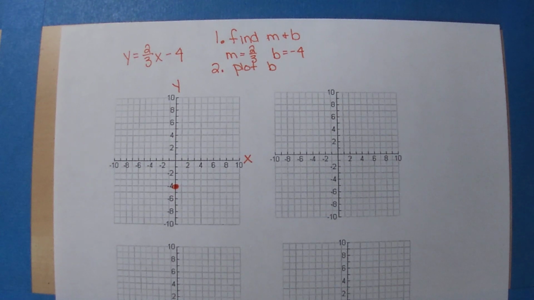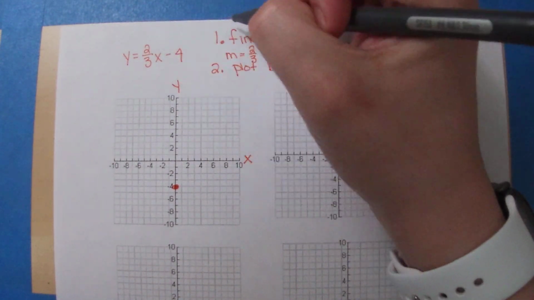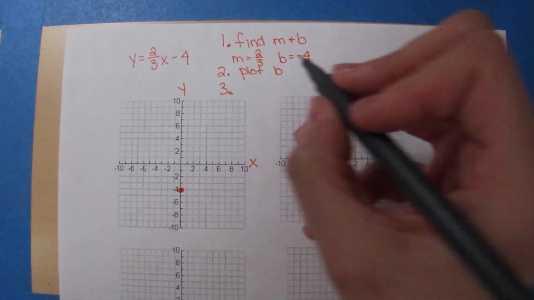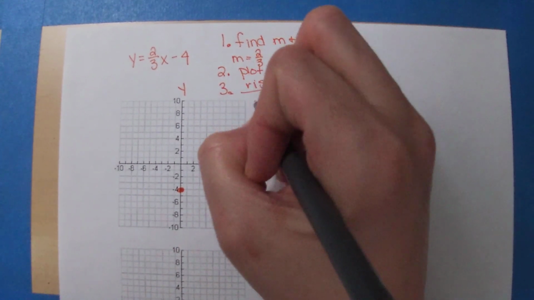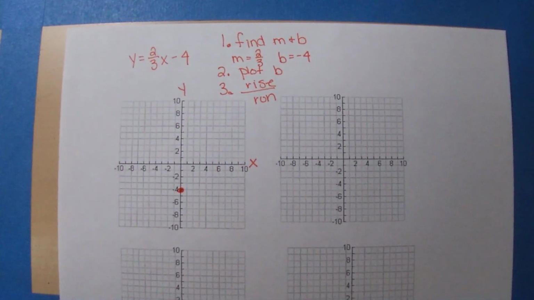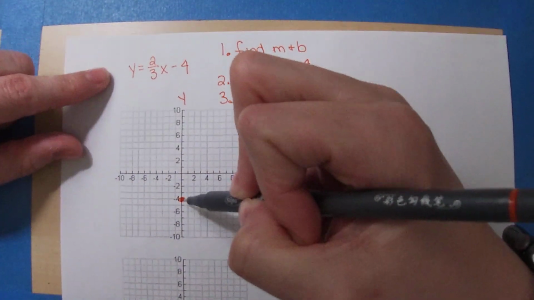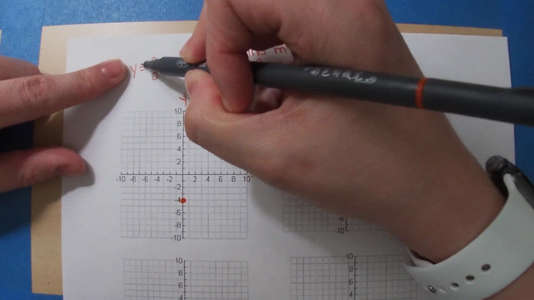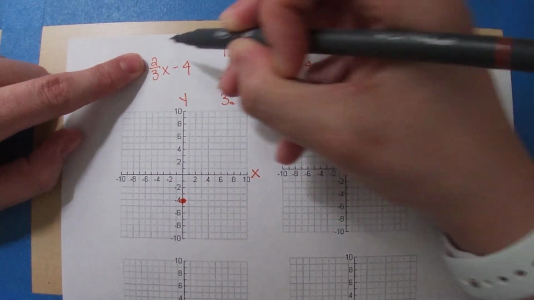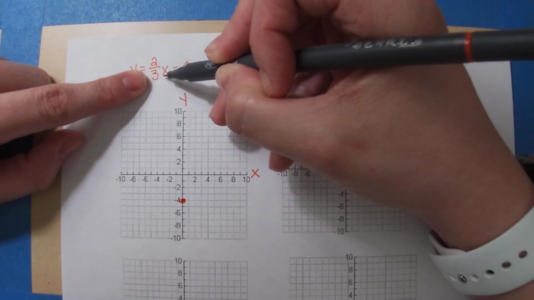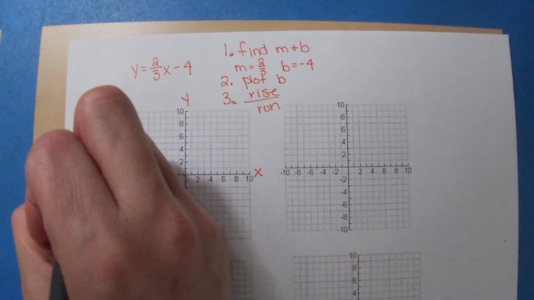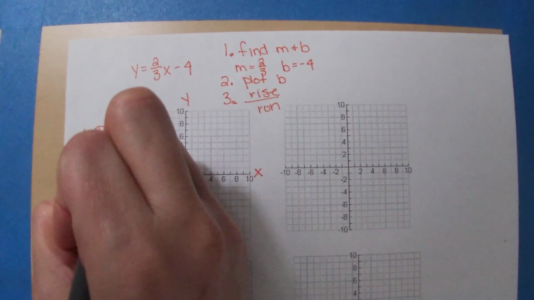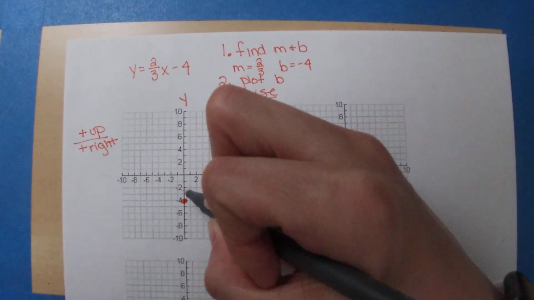Now, just like we talked about slope yesterday, as slope was a rise over a run, our next step is going to be to count our rise over our run. So from the point that we plotted, not the origin, not anywhere else randomly in this graph, we want to rise 2. We're going to go up 2, and we are going to run 3. Positive numbers tell us to go up and to go right. So I'm going to go up 2